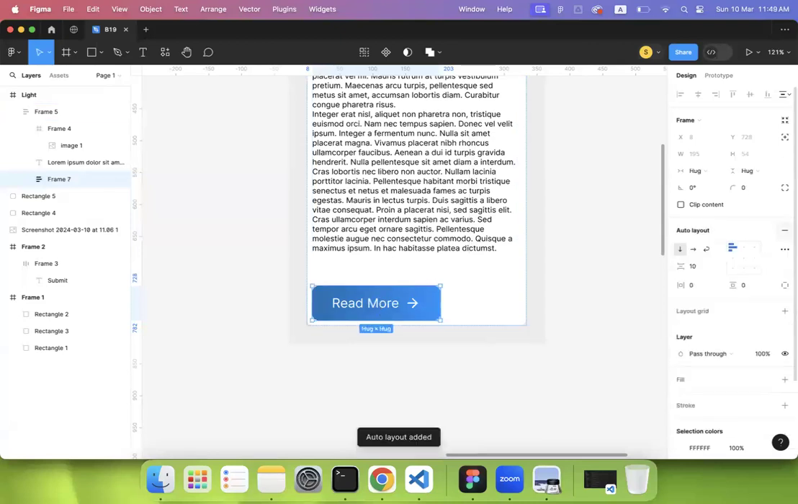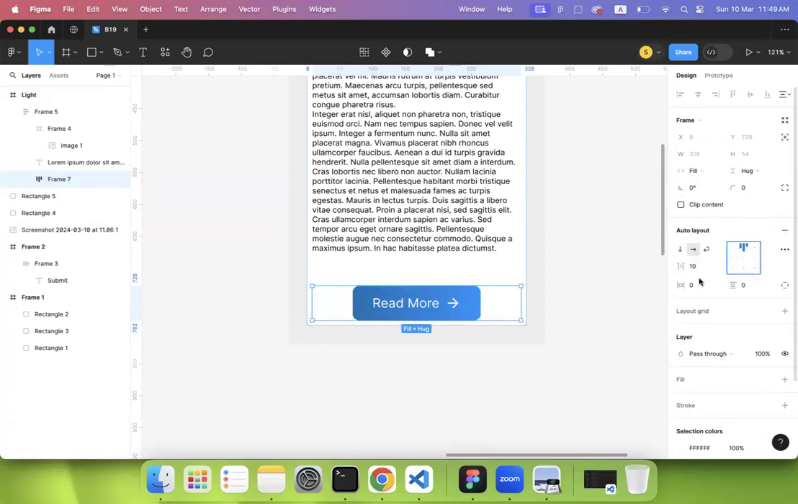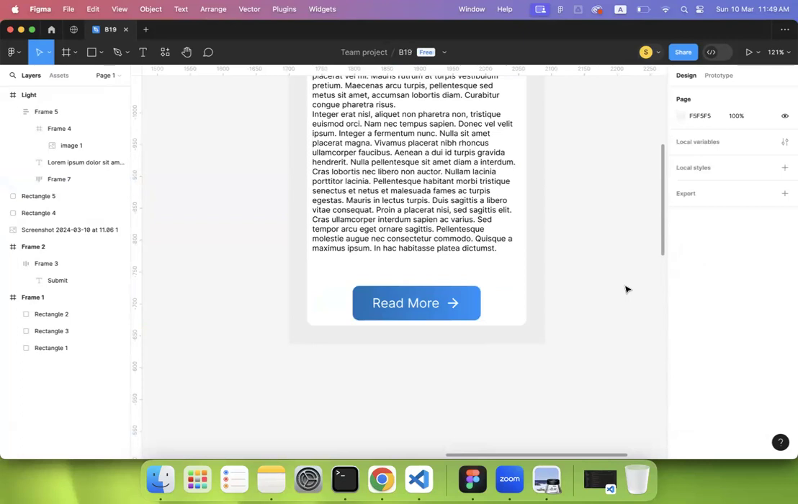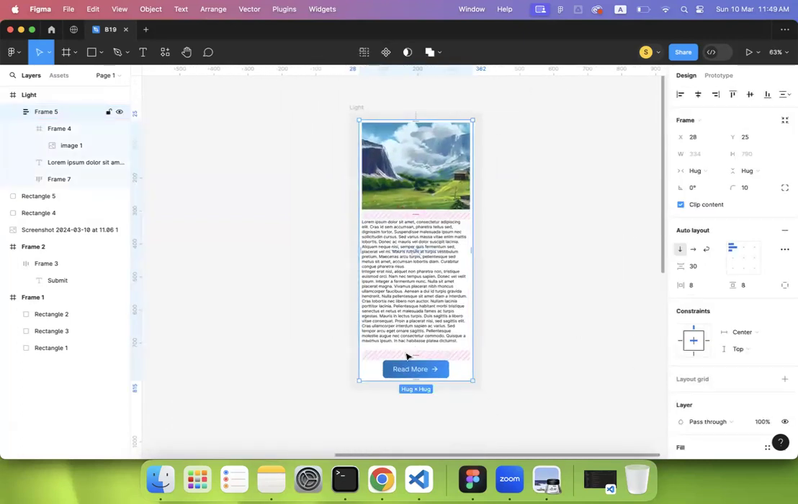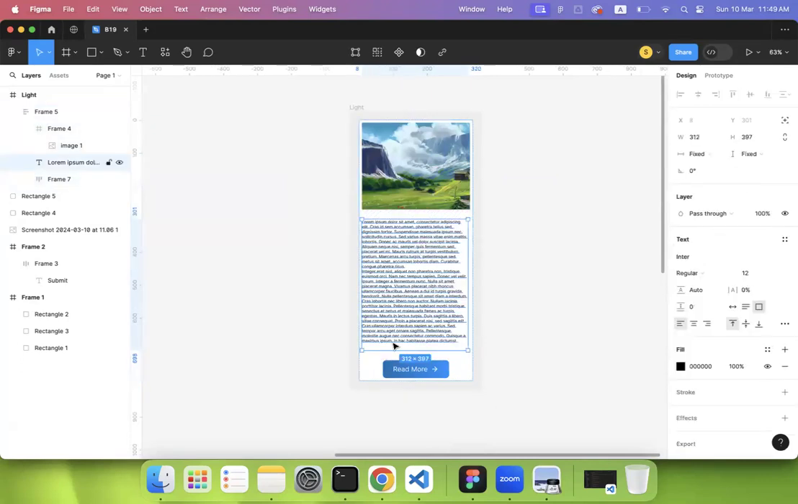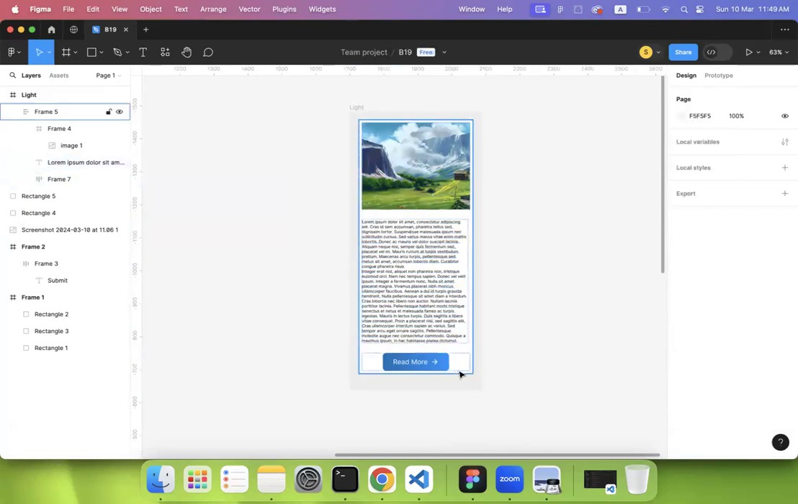And add auto layout, and select fill container, and then select auto layout from here, center line from here, and it will give me a design like this. Now I don't need this much space right here, so what I'm going to do is reduce this paragraph size,